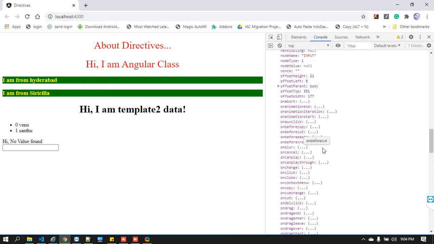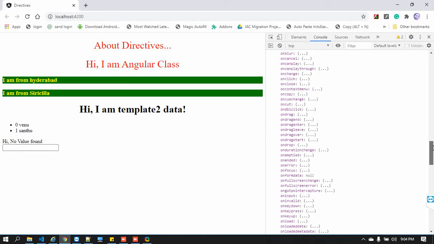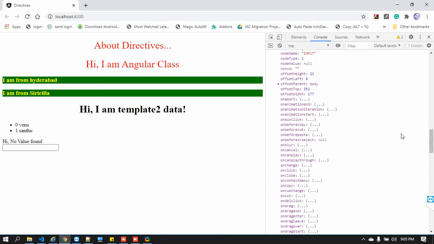When you enter, what will happen is focus, that means you were in that field, you already focused into this. When you are in that input field, that is nothing but focus. There is another event called the focus event. When you come out, what will happen is onblur. That is the thing.